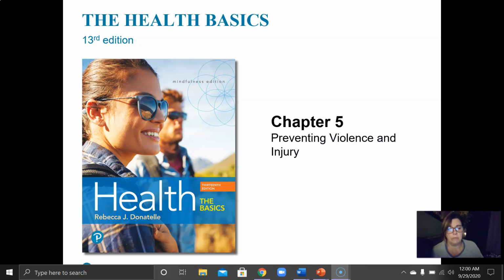We're going to look at some data that is going to help us to understand the scope of the problem. Perhaps give us some clues to the antecedents of violence and knowledge that may help us prevent it. We're also going to look at and be able to differentiate between intentional and unintentional injuries and understand ways to minimize the risks and effect of unintentional injury.